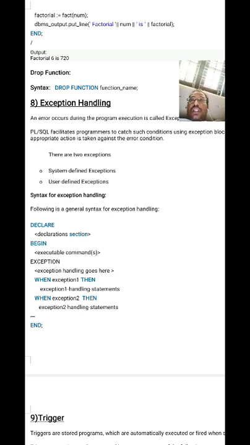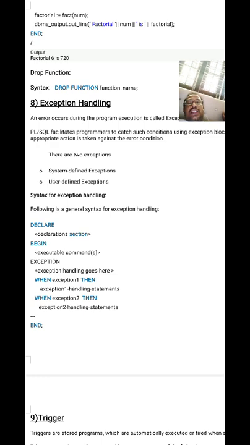If you have written anything wrong in the program, those exceptions are known as user defined exceptions. So there are two types. The general syntax for handling exceptions: just write the keyword declare,